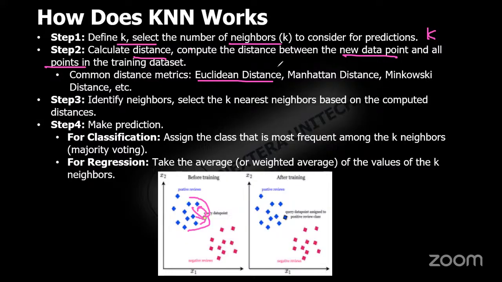What is the formula for Euclidean distance? Square root of (x1 minus x2) whole square plus (y1 minus y2) whole square. Right? So we use Euclidean distance for calculating these distances. There are other metrics like Manhattan distance, Minkowski distance, then cosine similarity. There are multiple metrics to calculate the distance. Once after calculating these distances,